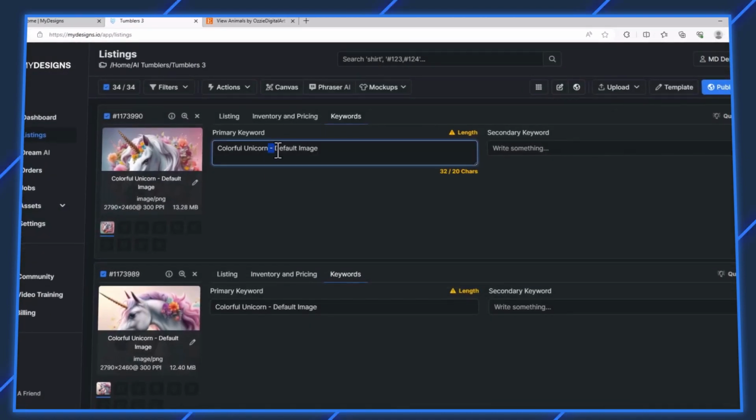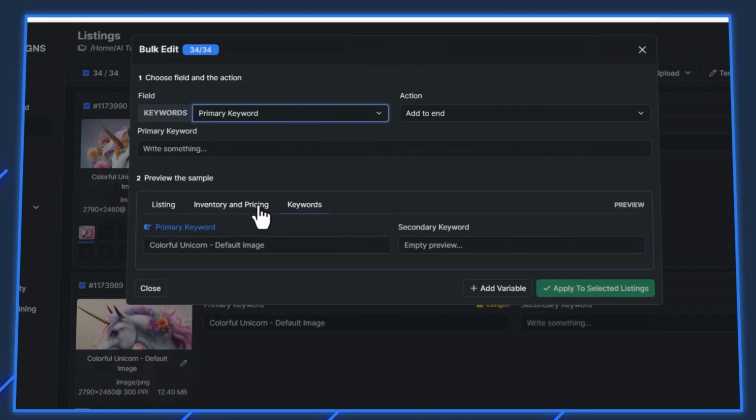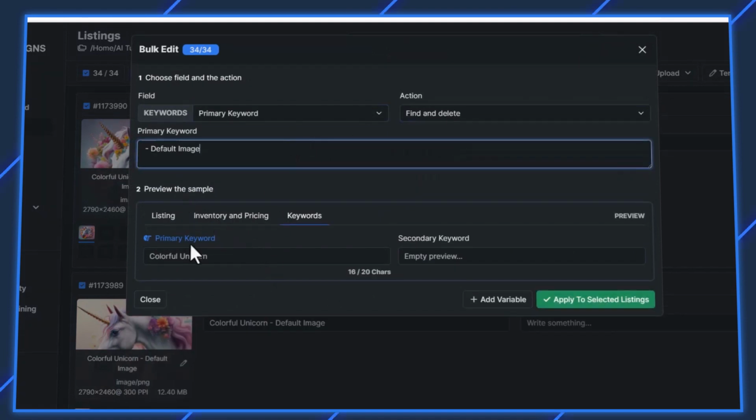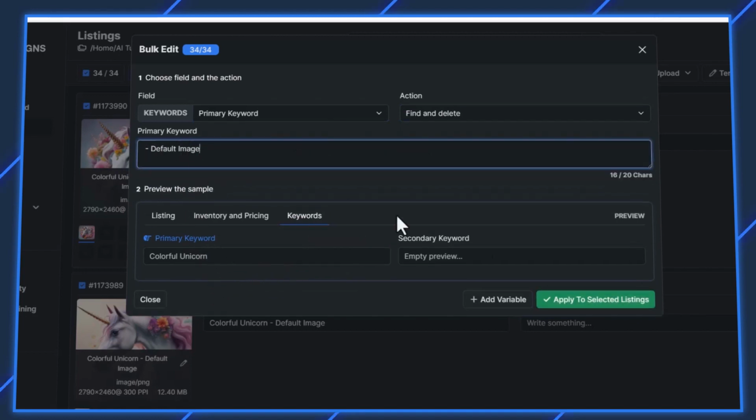Now I don't want this on the end, because again, it takes the file slot name when you create these. So I should have done this first, but this is a good example. I can just go edit in bulk, go to primary keyword, and go find and delete, and put that in here. You can see down here at preview. So if I remove it, got this dash default image, I want to remove all that. So just hit apply,